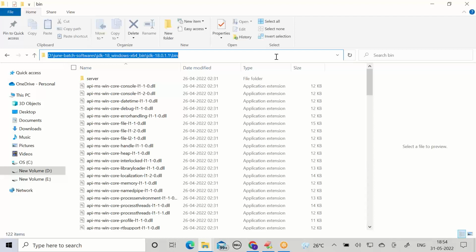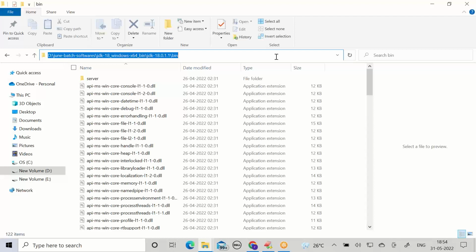This location we need to set in the operating system permanently, not for one command prompt. Permanently, it should be available for all the command prompts. The second approach is setting a path for all the command prompts of one user. For one user, no matter how many command prompts he opens, the path will be available.